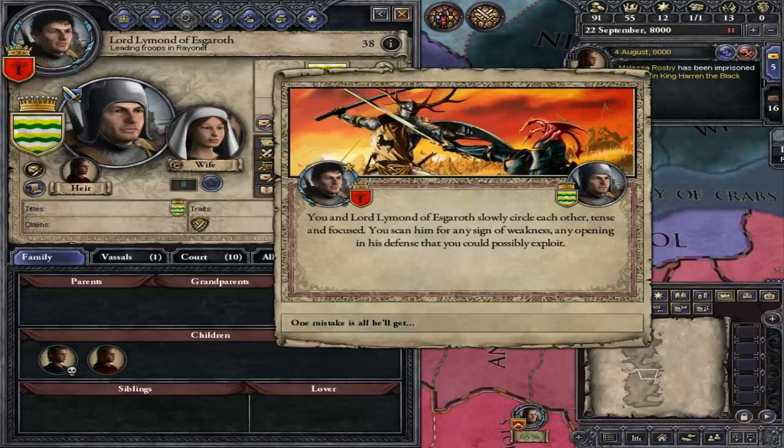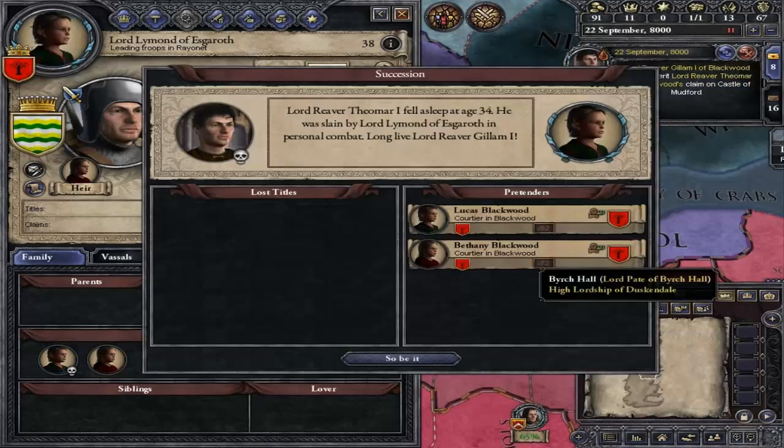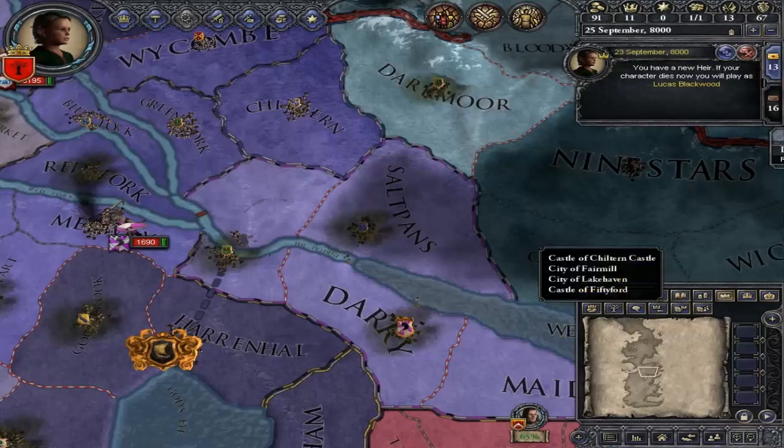You and Lord Layman of Essegraph slowly circle each other, tense and focused. You scan him for any sign of weakness, any opening in his defense that you can easily exploit. Or mistaken, before you have a chance to find an opening, Lord Layman of Essegraph launches a furious, frenzied attack. What? No. What? Well. And on that shock note,